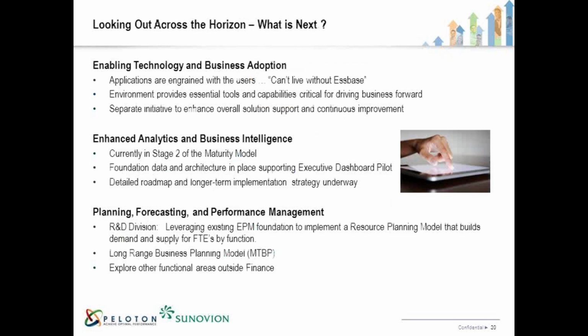What's really exciting about this discussion we have today is that I can sit back and say that we've had a very successful journey, and we have the basics down. We've become an efficient FP&A organization in data manipulation, and we talk about not being able to live without S-base. That's literal. So in order for us to engage with our accounting colleagues on the financial statement month-end close, for example, and come to those CFO financial statement meetings with some rich analytics, and we close within 3 days of a month, we now can do that